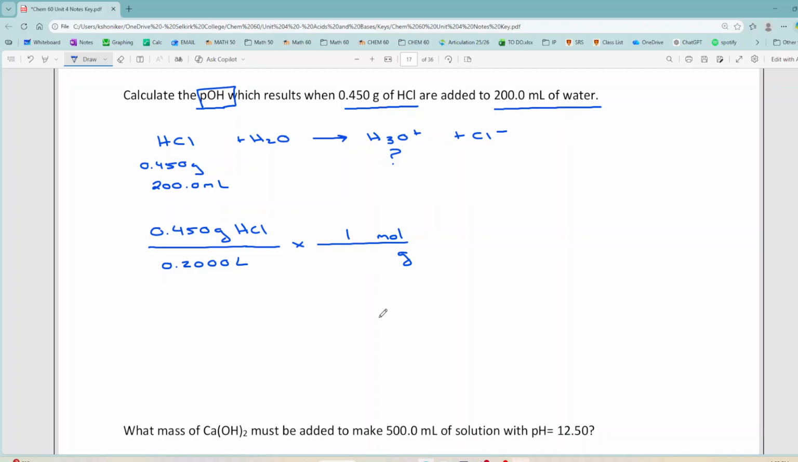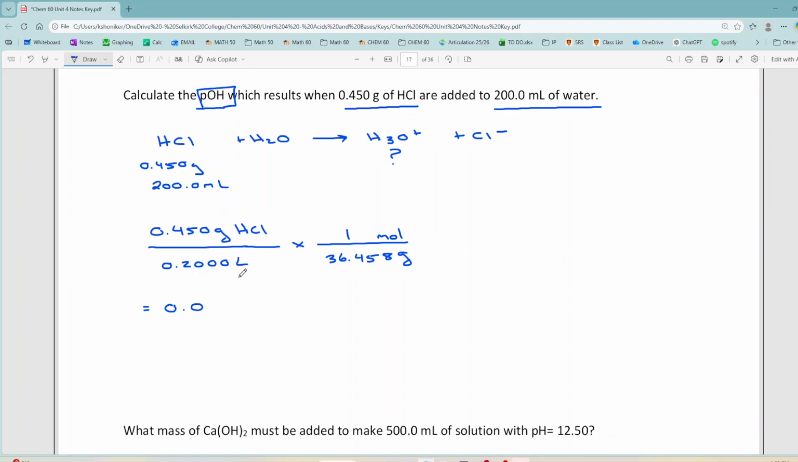It's going to be 1 mole, and I have to find out how much 1 mole of hydrogen chloride would weigh. So hydrogen is 1.008 grams per mole. Chloride is 35.45 grams per mole. So the molar mass of hydrogen chloride is 36.458. So the concentration of my original solution is 0.45 divided by 0.2 divided by 36.458, which gives me